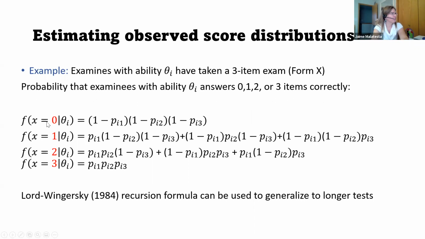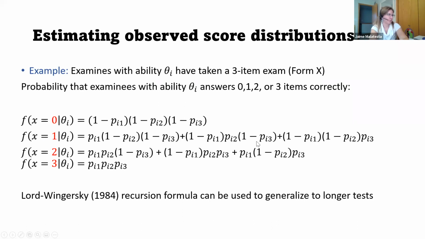So typically f of x equal to 0 implies that they answered 0 items correctly. To get this probability, f of x equal to 0, you essentially multiply 1 minus the probability of answering the first item correctly, times 1 minus the probability of answering the second item correctly, times 1 minus the probability of answering the third item correctly. So you multiply these 3 terms and you get the probability that a candidate with ability theta i scores a 0 on this exam. If you want to compute the probability of this candidate getting an observed score of 1, x equal to 1,